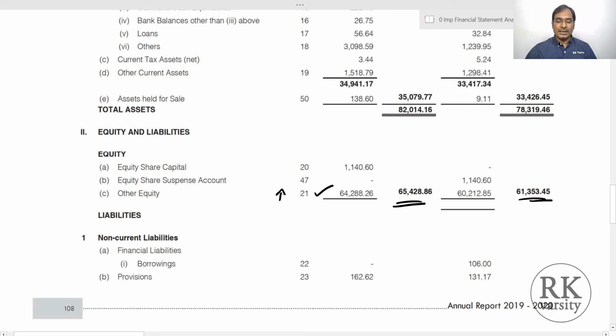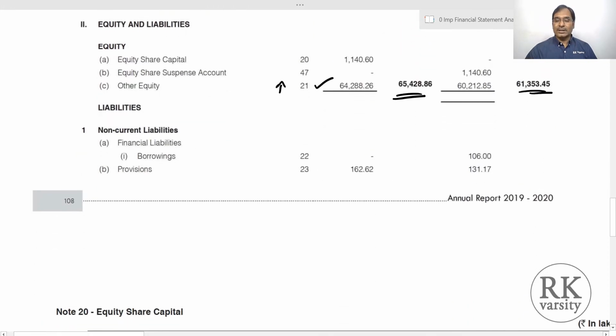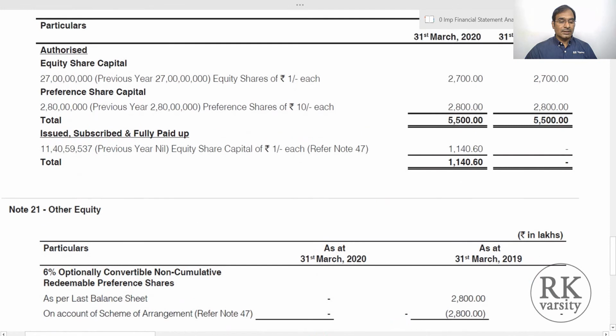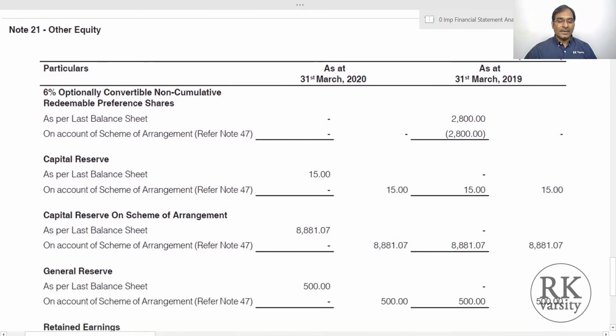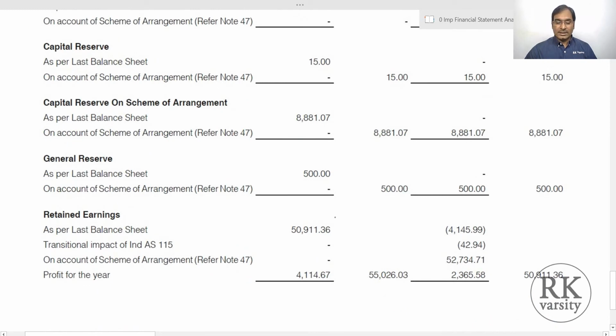So when you see that increase in other equity, we can say that the company earned profits. This is a linkage between the statement of profit and loss and the balance sheet. If there is a profit, positive returns, then that is added to the equity holders. So total other equity and equity will increase. And here if you see the share capital, total issued and subscribed equity share capital, in the previous year there is no equity, and this year there is an equity share capital. And other equity, you have an increase in other equity. This is because of retained earnings.